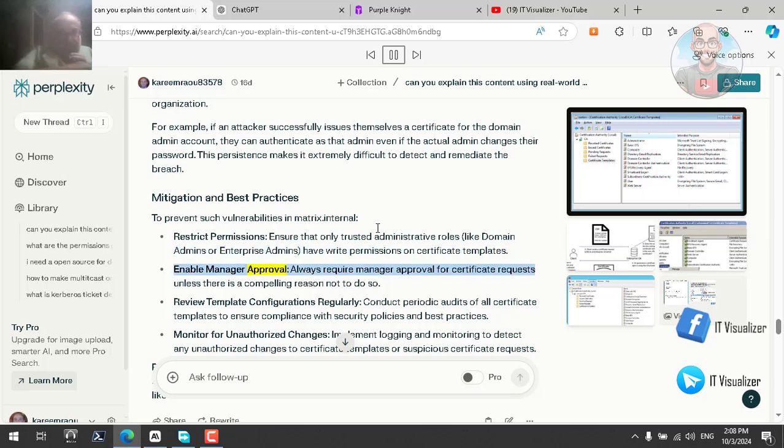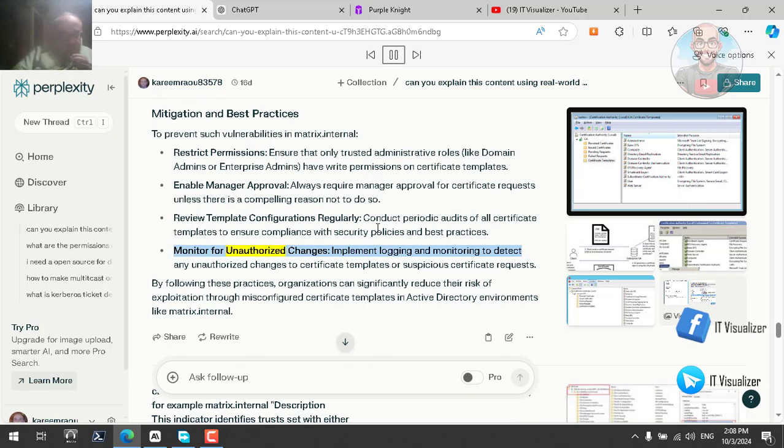Enable manager approval. Always require manager approval for certificate requests unless there is a compelling reason not to do so. Review template configurations regularly. Conduct periodic audits of all certificate templates to ensure compliance with security policies and best practices. Monitor for unauthorized changes. Implement logging and monitoring to detect any unauthorized changes to certificate templates or suspicious certificate requests. By following these practices, organizations can significantly reduce their risk of exploitation through misconfigured certificate templates in Active Directory environments